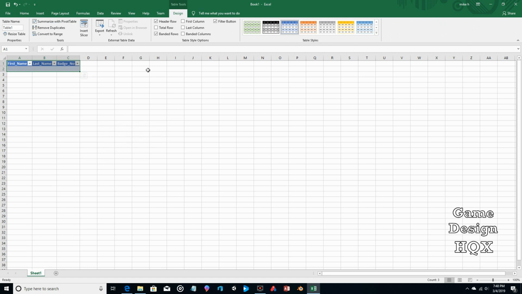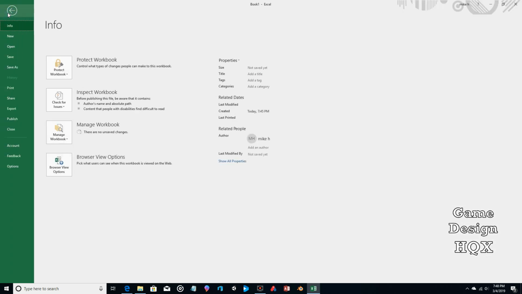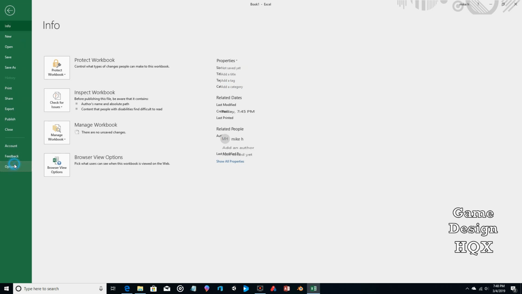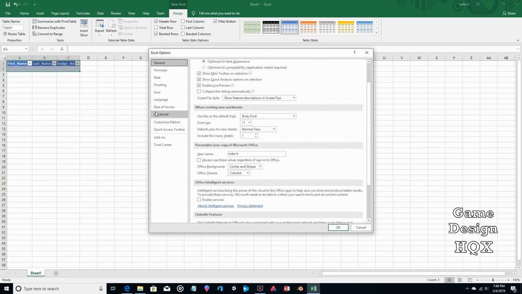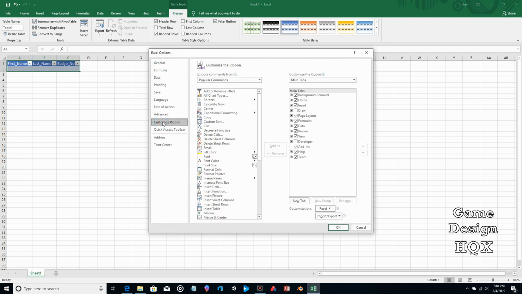Now what we need to do is actually add the form functionality to the ribbon. So click on File, click on Options, and click on Customize Ribbon. Now we can't just add the form over. What we need to do is create a custom group for that. So first of all, these are just the popular commands. Change this to all, and then scroll down